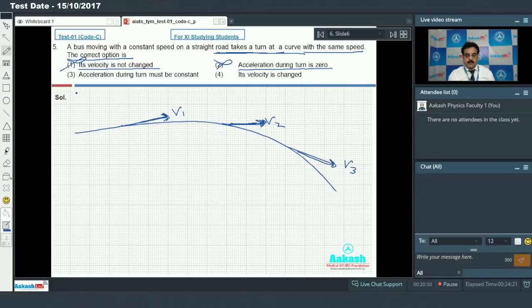And if I go to option number 3, acceleration during turn must be constant. No, because velocity is going to change. So third option is not correct. And the fourth option says its velocity is changed. Yes. So my final answer is option number